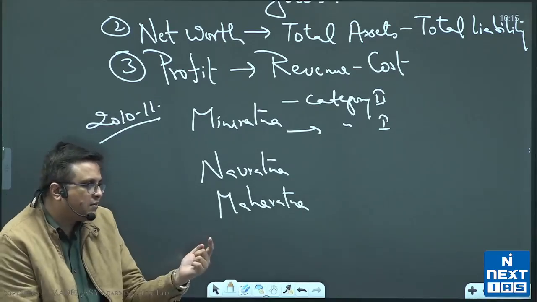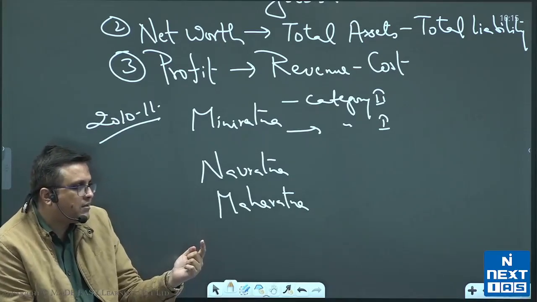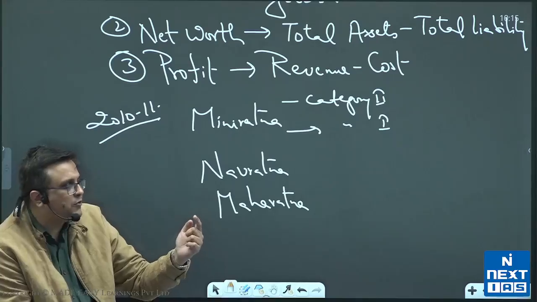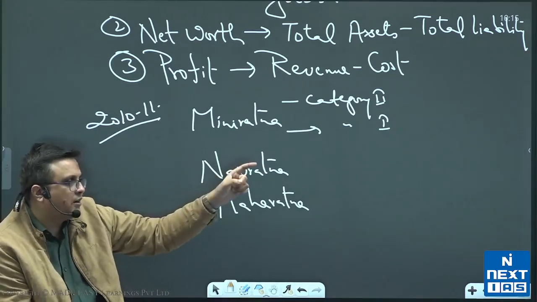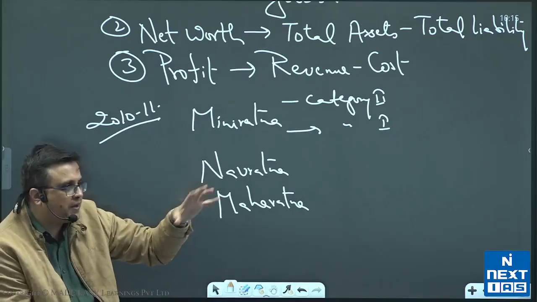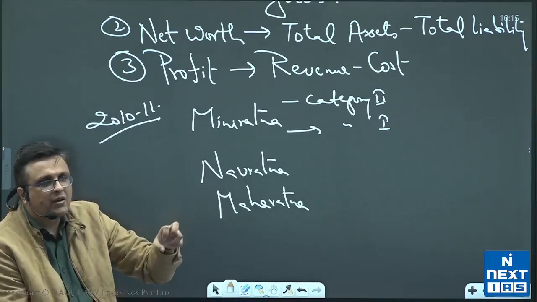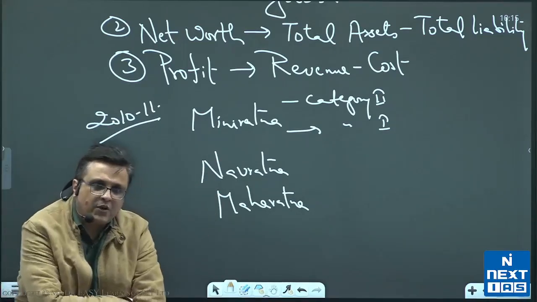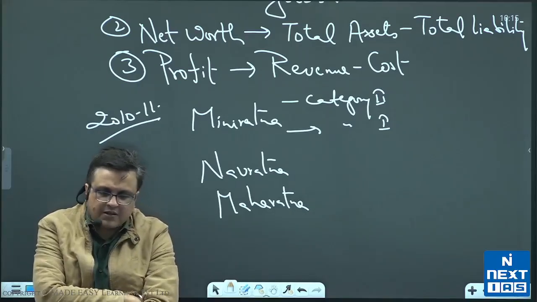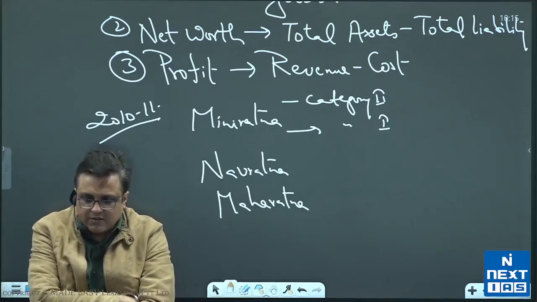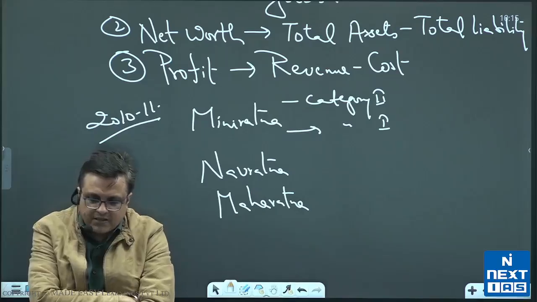Why as in? Oh, that is because if you spend more than your net worth and then you go bust, who will pay for it? You understand that? So you can spend up to your net worth. Okay. Then you write below that, change the paragraph and write Mini Ratna category 1. Mini Ratna category 1.